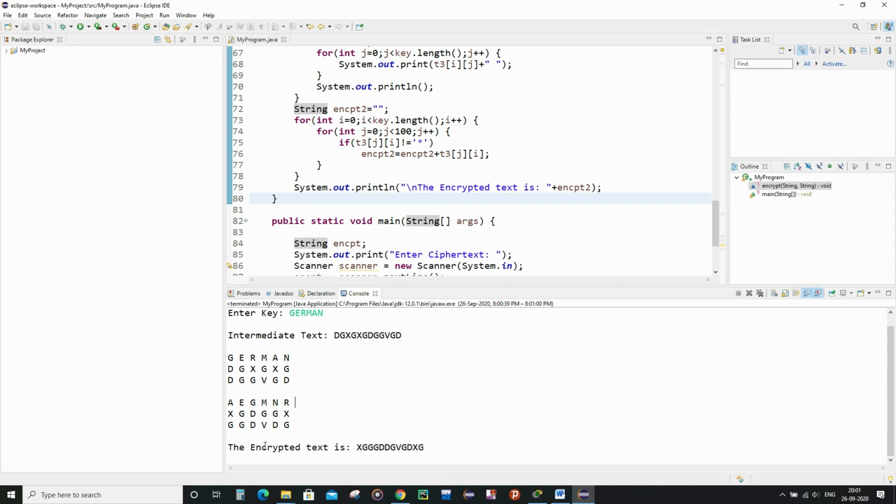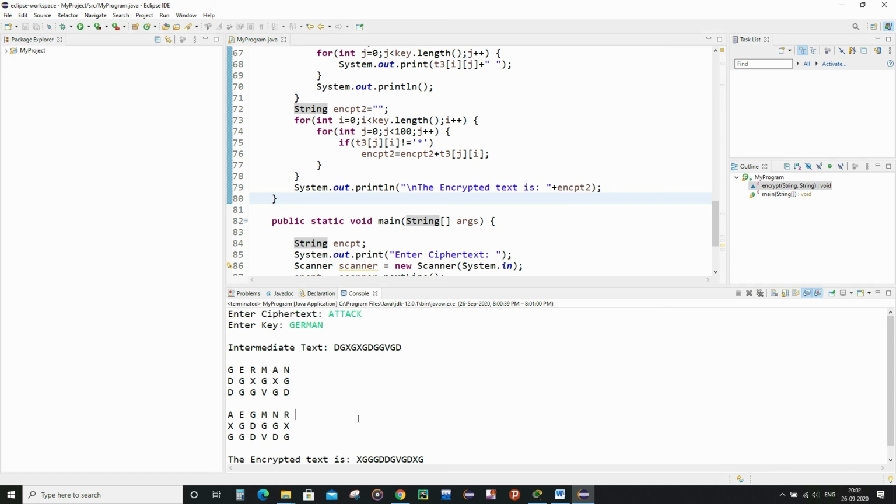After printing these things, which are for understanding purpose only, and after applying the specific norms, as you can see, the encrypted text is found by reading the characters from top to bottom and progressing from left to right. From top to bottom, the topmost element is X, and then we have G, and then in the next column we have double G and double D and so on. So XG, double G, double D, GV, GD and XG. This is how you get the encrypted text. This is the main principle of the ADFGVX cipher.